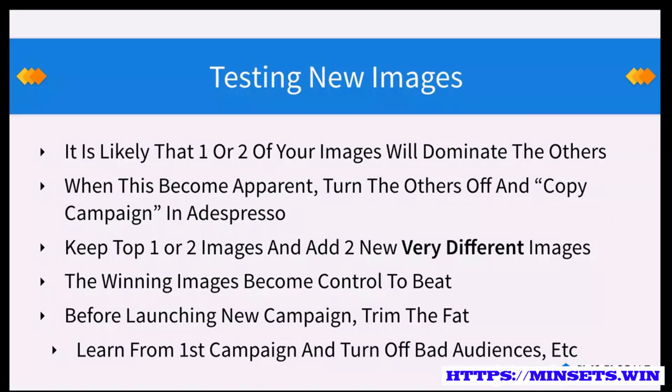So how do we test new images? It's really likely that as you test, 1 or 2 of your images are going to dominate the others. I've spent hundreds of thousands of dollars on ads, and there's still a few images that, for whatever reason, anytime I throw them in there, they win. So you're going to have some images that really rise to the top and are going to be hard to beat. When this becomes apparent, when you see some images in the first 48 hours or the first 7 days that rise to the top, you want to turn the others off, and then you want to